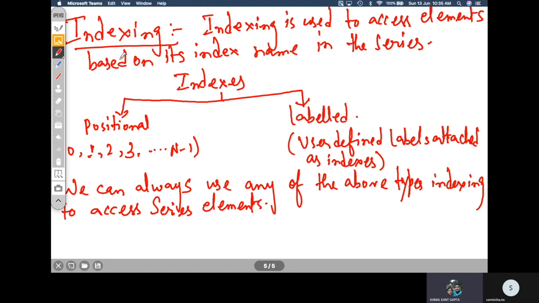Even if you have labeled index, you can still use positional. That I have told just before. So let us try out those two things. Using those two types of indexes, we will now try to access the elements inside a series. So let me write a code for you, and you can just tell me what would be the output of this particular thing.